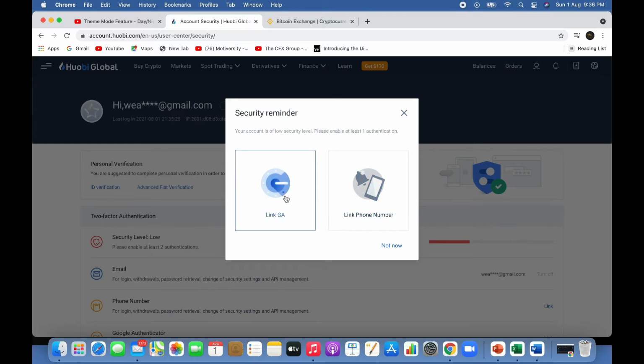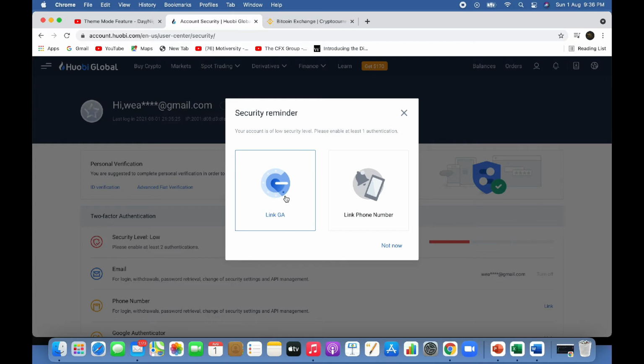Now, I prefer Google Authenticator because that simply means I have the full right, or autonomy, to be able to authorize all the transactions that are taking place. Those of you who know about Google Authenticator, you can install it from the apps. Go to the apps and find Google Authenticator and install it. If you already have the apps, very simple, just get into the apps and add another account.